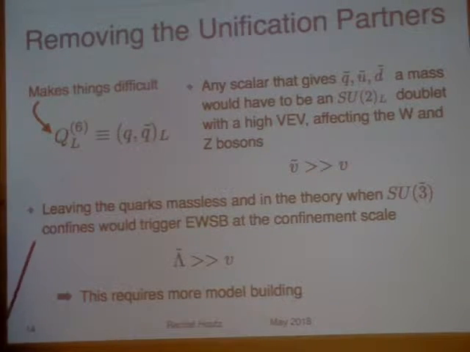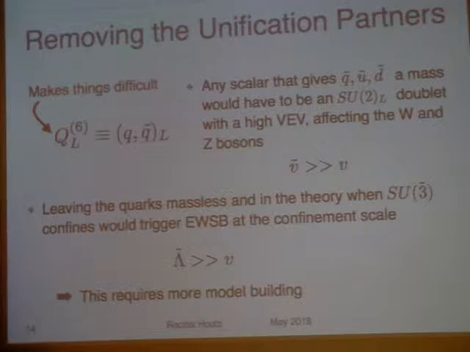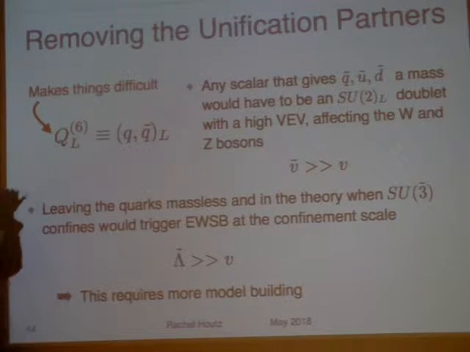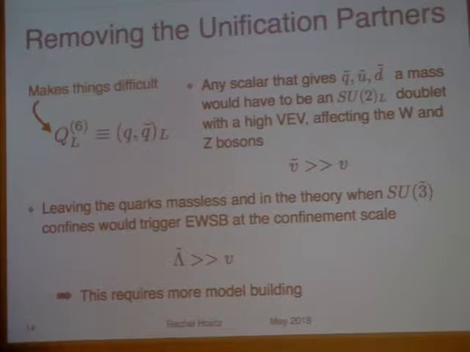So couldn't you just, at the scale where you break SU6 into SU3 plus SU3, arrange things so that you have a Higgs? The simplest thing is that the Higgs just couples equally to your Q and Q tilde fields. Right, it has to, because it has to talk to the SU6 theory. It has to couple to the Q6 fields. But when SU6 gets broken, below that scale, there's no longer a rule that they have to have the same coupling.